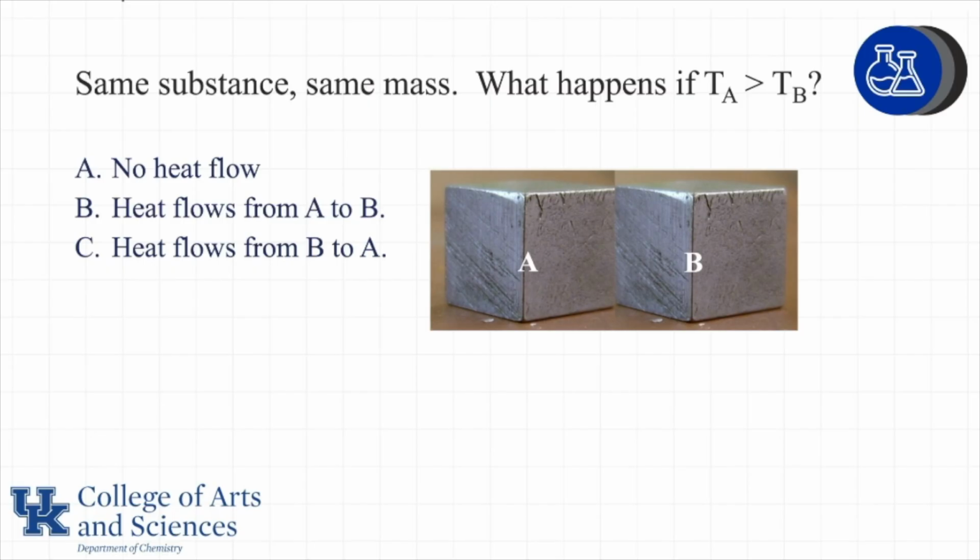Note that we're only going to see the flow of heat. We never see the flow of cold. What do you think is going to happen when we have one hot object and one cold object? We're going to see the flow of heat from A to B. A is hotter, B is colder. We put them in contact with one another, and heat is going to flow from the hotter object to the